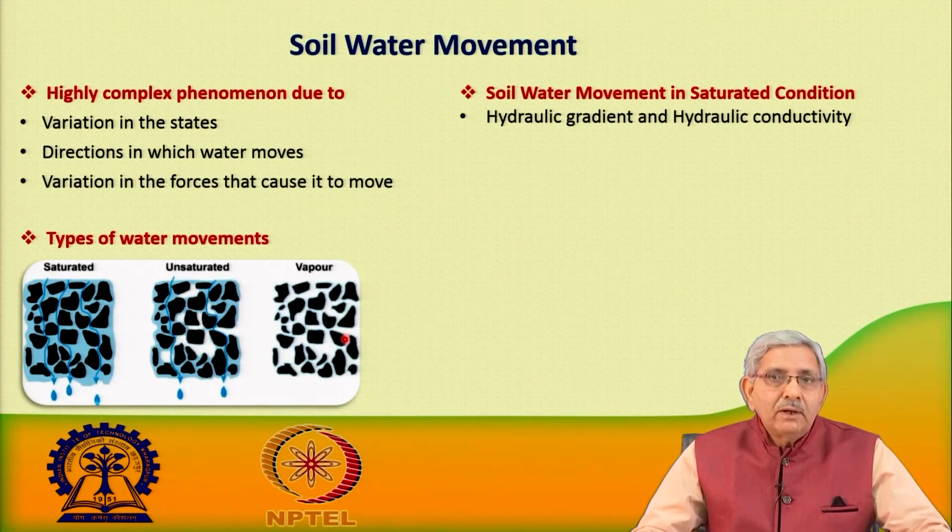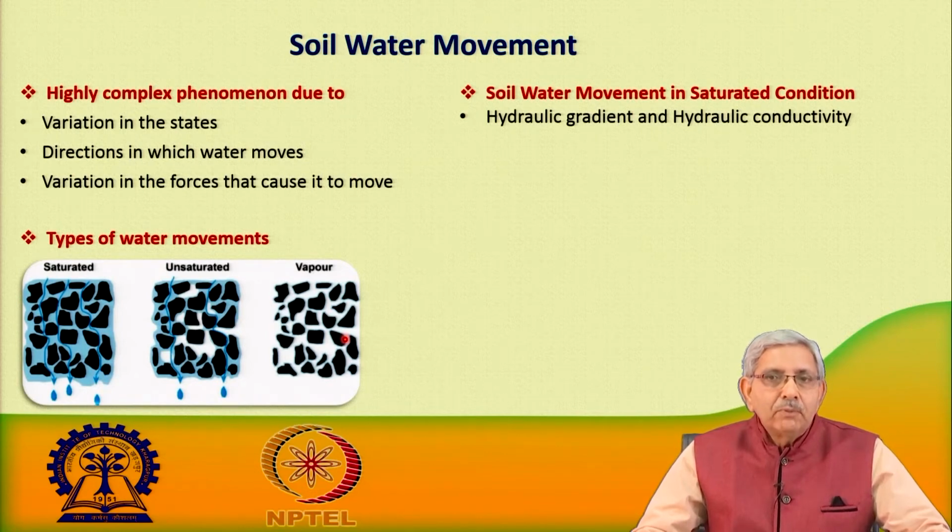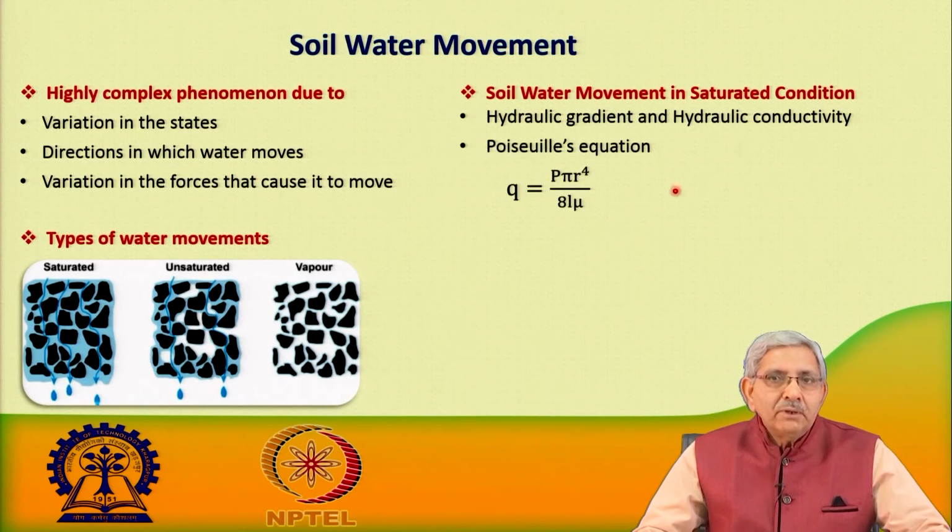So, soil water movement in saturated condition is by the hydraulic gradient, which takes place from higher potential to the lower potential. When we say gradient, the potential divided by the length of the flow path will be the gradient, and then the transmissive capacity of the soil is the hydraulic conductivity. So, this can be explained by